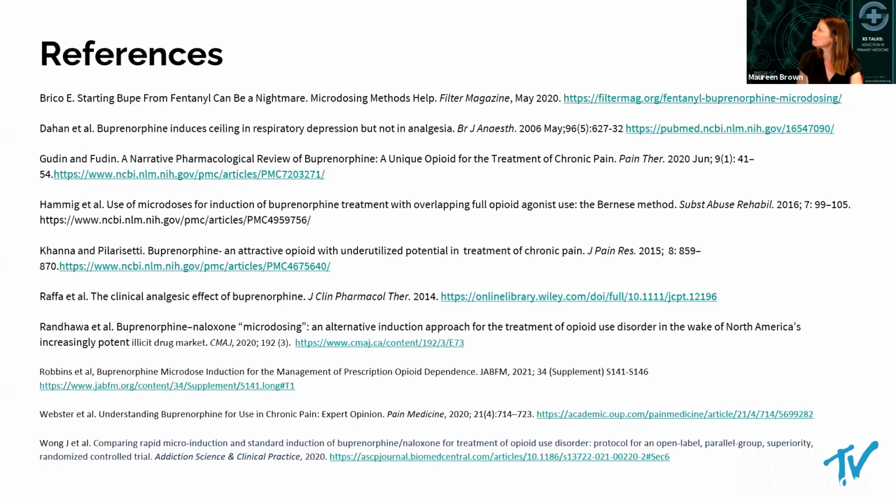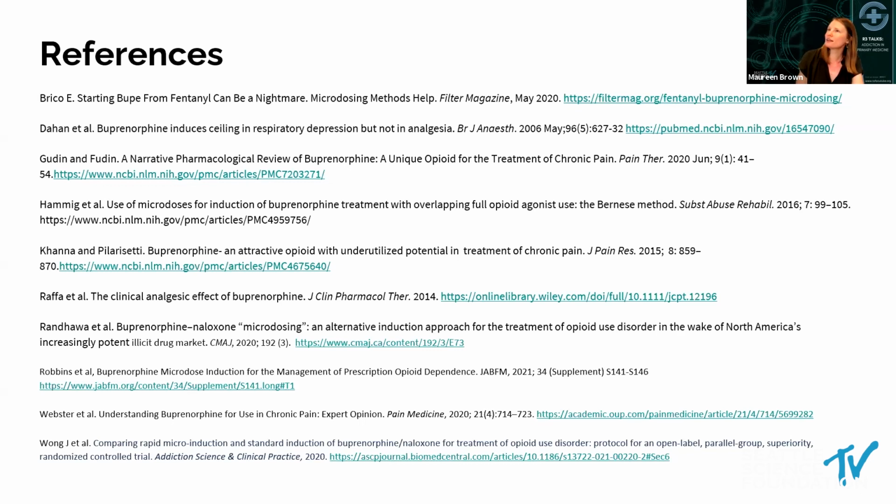Let's see, how do you calculate dosing? Do people typically know how many milligrams of fentanyl, et cetera, they are on? So there's a question about how you calculate buprenorphine dosing, and do people typically know how many milligrams of fentanyl they are on, and is there a resource you can recommend for estimating? Good question. Yes, I certainly can try to find that for you. I don't have it off the top of my head. If anyone in the audience has their favorite, we can pass it along. If not, we can put it in the chat later if you're able to view the chat.